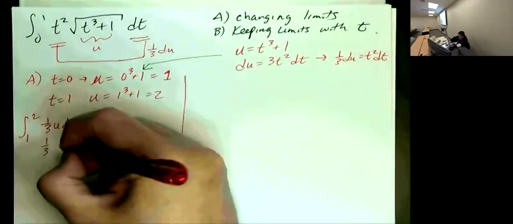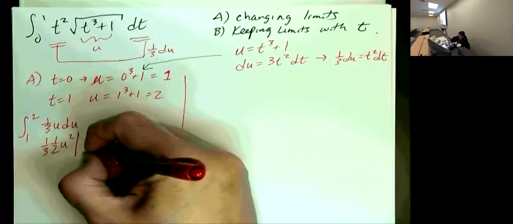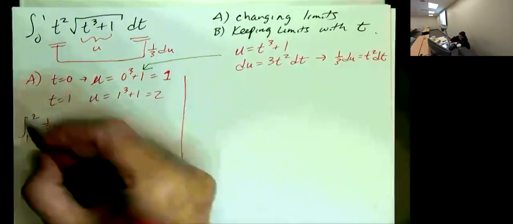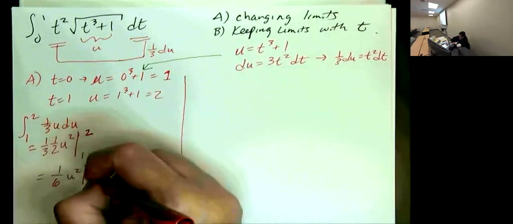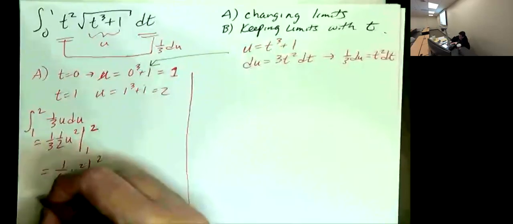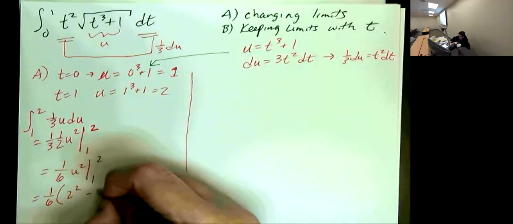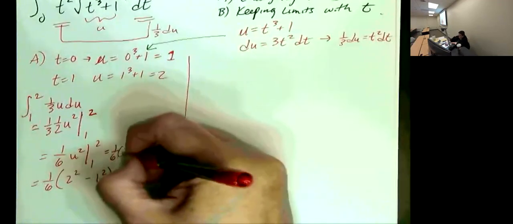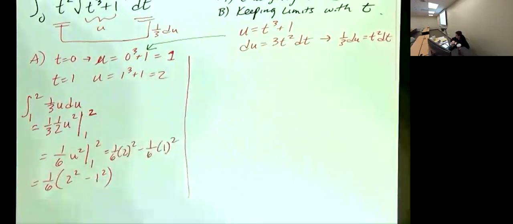We integrate this. It's u squared and then a 1/2. We're evaluating from 1 to 2. Make sure you show all this stuff. So this is 1/6 u squared from 1 to 2, which is 1/6 times 2 squared minus 1 squared. Alternatively, you can say 1/6 times 2 squared minus 1/6 times 1 squared. But as soon as